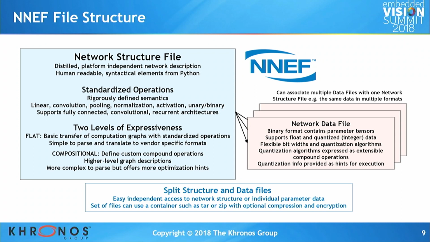The other big thing I think that NNEF has, and I'm sure ONNX will have soon, is much more flexibility over the widths of the operands. So ONNX doesn't yet have 8-bit operations, whereas NNEF from the get-go has had variable width operations. We can go all the way down to 1-bit, 2-bit, 4-bit, 8-bit, all the way up to floating point.